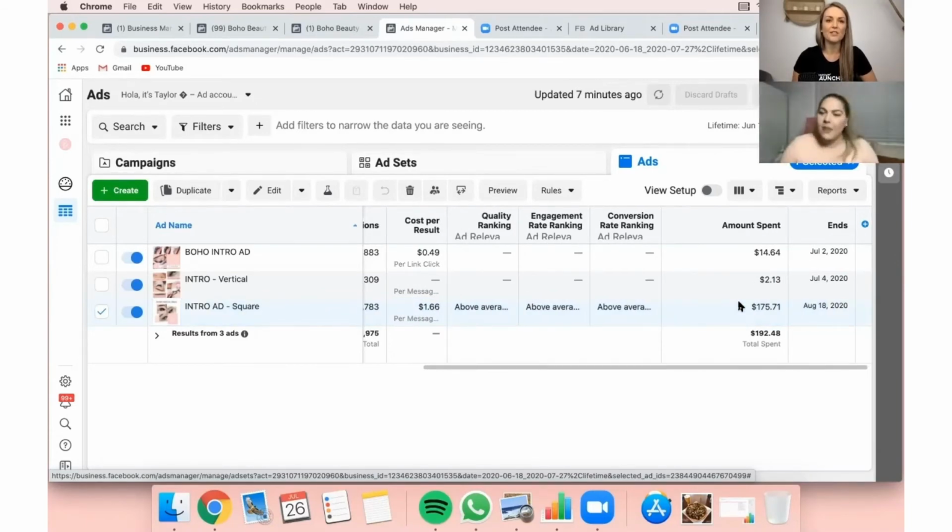So what's a good length of time for your initial campaign? I always say to run it for at least 14 days, and test it, see how you're going with it. And for your first ad, try and throw $100 on it. If you have that money, throw it on it, because Facebook is going to want to spend that $100 in that 10 days or that 14 days. Facebook is going to spend all of that.